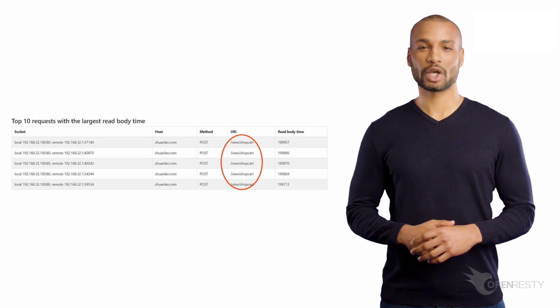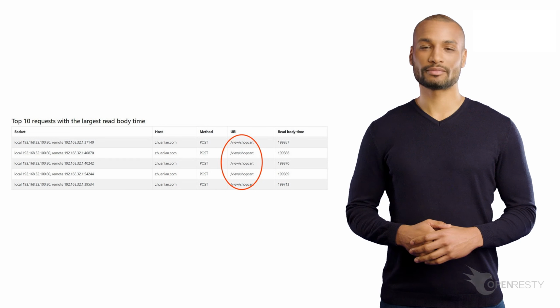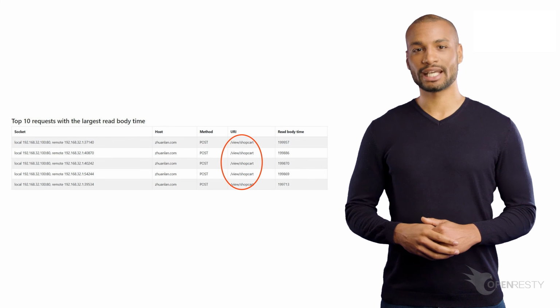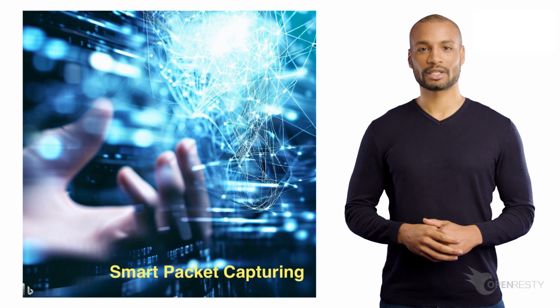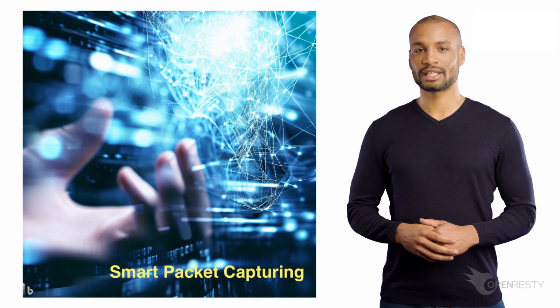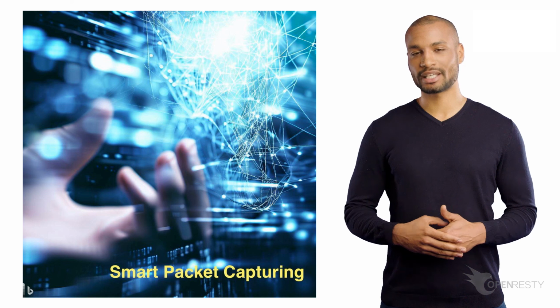OpenResty X-Ray also automatically collected the URI and other info about those slowest requests. We can tell from the table above that all the slow requests are for the URI /use/shopcart/. OpenResty X-Ray has a unique feature that captures and analyzes network packets only on TCP connections that we're interested